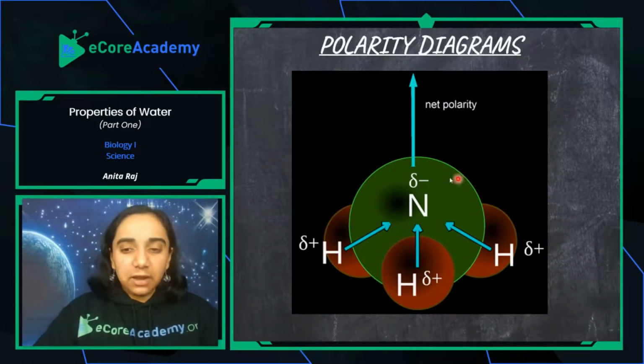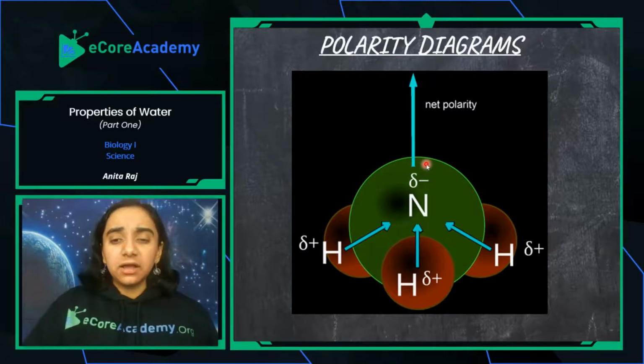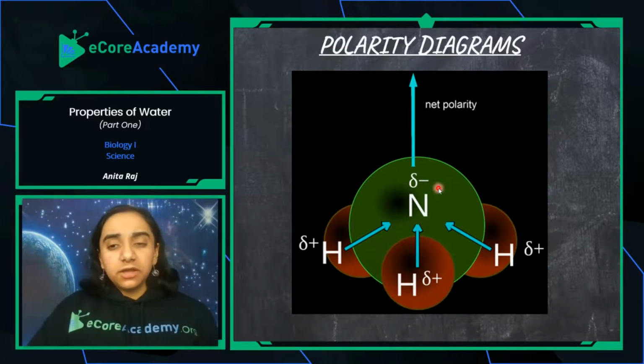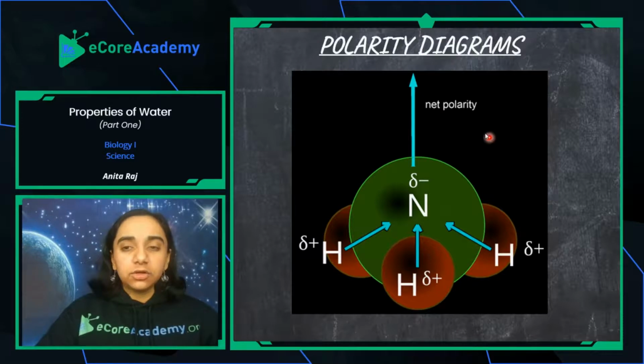Here we have a molecule of ammonia. So ammonia is NH3. There's one nitrogen atom and then there's 3 hydrogen atoms. This is going to be a polar molecule. If you look at it, if we cut this molecule, for example, diagonally, it's not going to be cut equally. If we had one more hydrogen atom, it would be symmetrical, but it's not symmetrical because it only has these